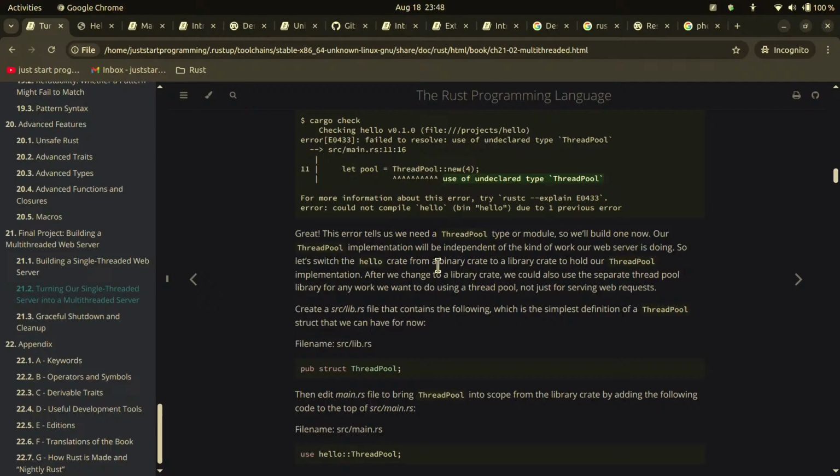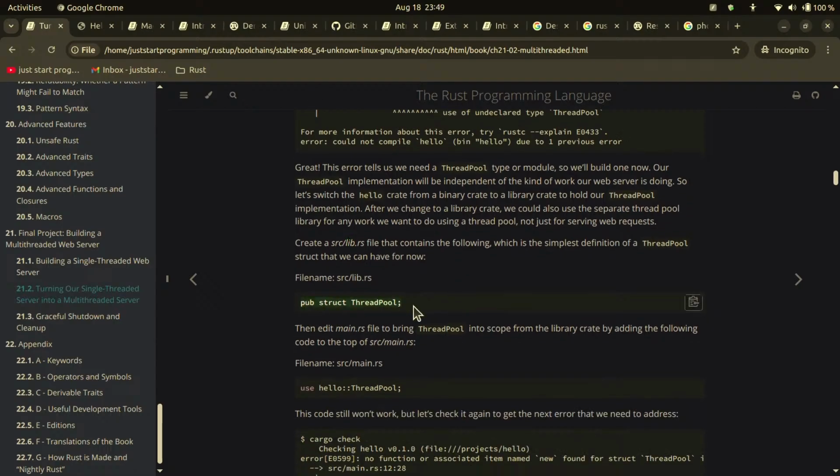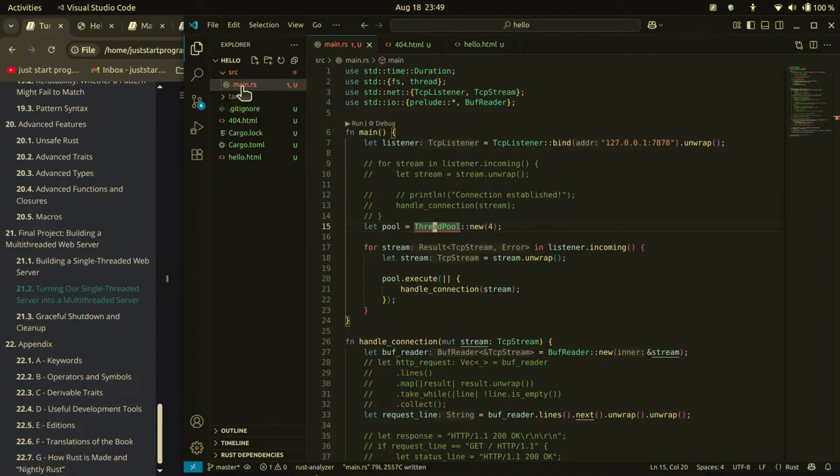From here, we already know our ThreadPool implementation will be independent of the kind of work our web server is doing. So let's switch the hello crate from a binary crate to a library crate to hold our ThreadPool implementation. After we change to a library crate, we could also use the separate thread pool library for any work we want to do using a thread pool, not just for serving web requests. So create lib.rs that contains the following, which is the simplest definition of a ThreadPool struct that we can have for now. So here, let's copy this, and then in src,